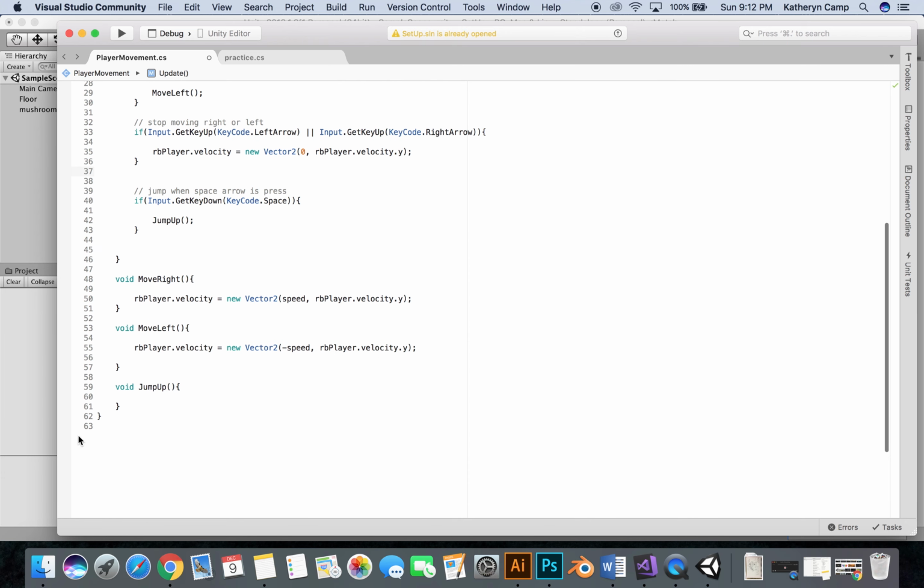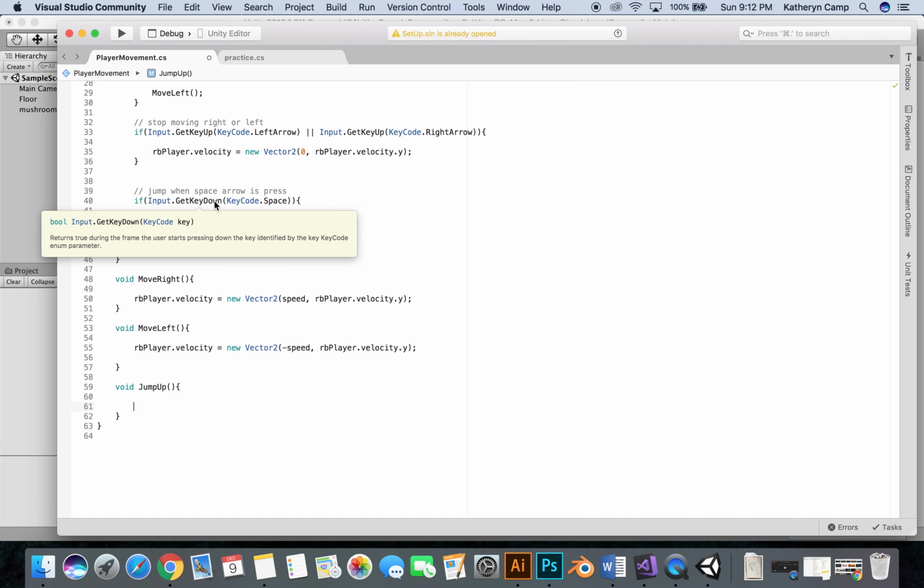So in my jump up, I'm going to add something a little bit different than player velocity. With the player velocity, it's more about keeping it at the same speed, whereas with my jump up, I want it to be like you actually jumping. So you only have, as we said before, it's get key down. So you only have that instance to jump. And instead of having a flat velocity, this really has to do with adding a little bit of force behind it. Like I said before, like throwing a ball or like jumping up, you only have so much force you can exert. So to do that, I'm going to do